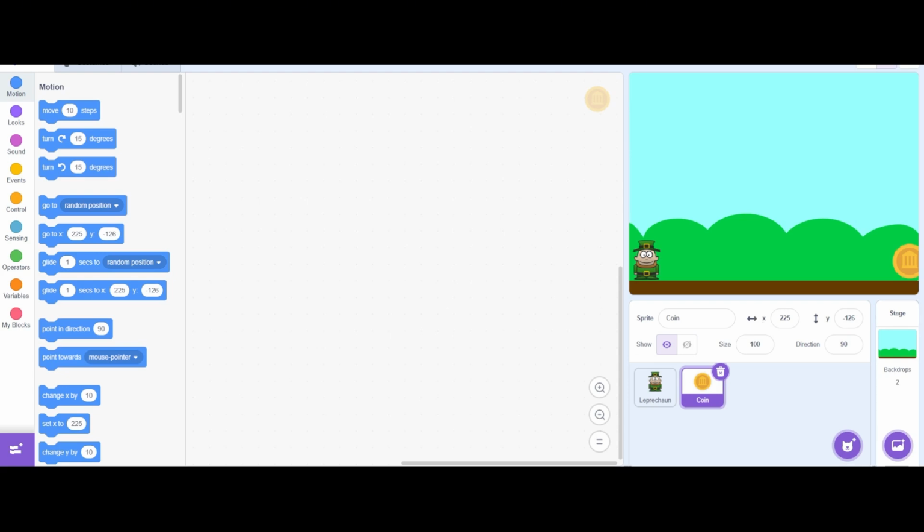So as you saw in the demonstration, the coin will move like this from the right to the left, like this, from the right to the left. All right, that's all we need. Okay, now let me click on leprechaun,